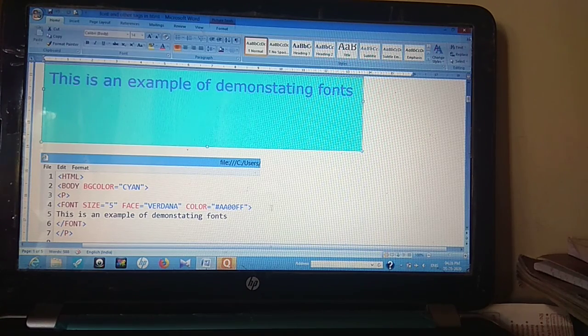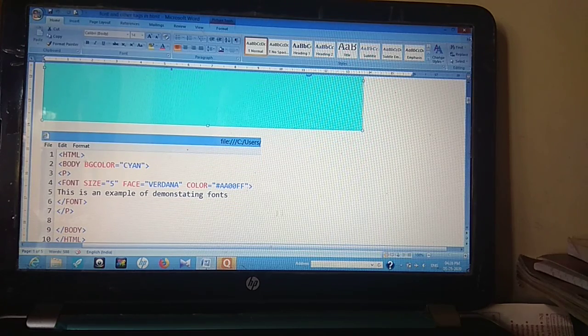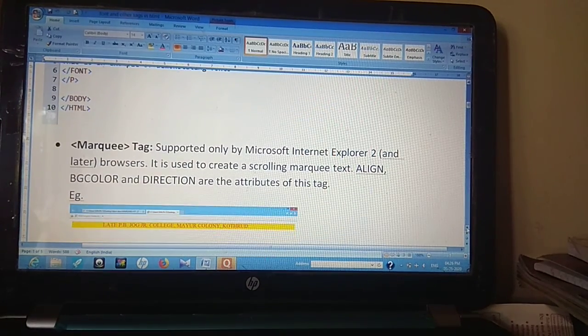So in this pattern you can define the font color and family in HTML using the font tag. This is a simple example where we can change the font size, face and color of any text using the font tag. Next we are going to see the marquee tag.